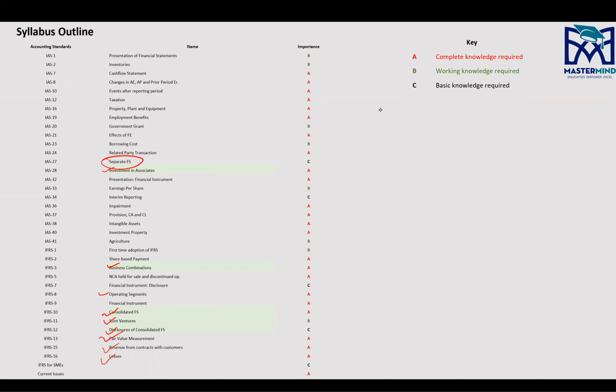Yes, we'll be doing the standards. We'll be doing everything from scratch. The reason why I'm giving references over here is because there are certain students who are from an FR background as well, who completed the ACCA from the beginning. For those who got the exemptions, you don't need to worry. We'll be covering everything from scratch,